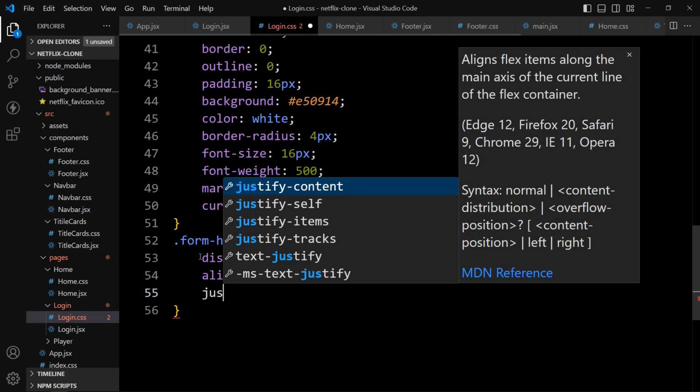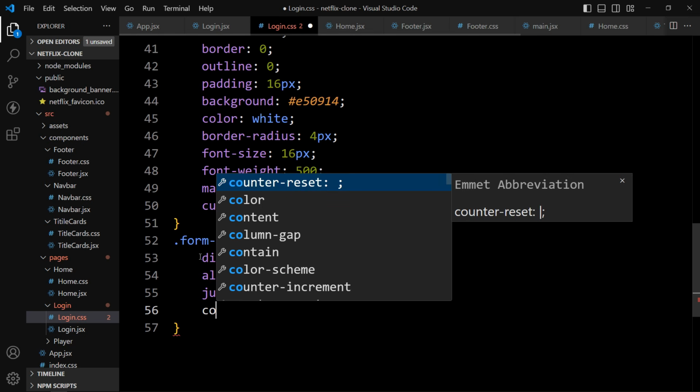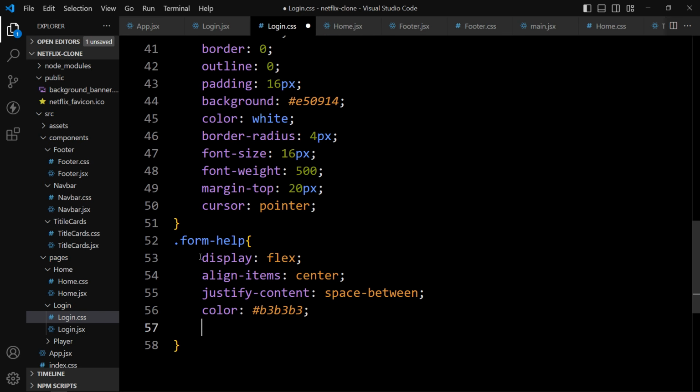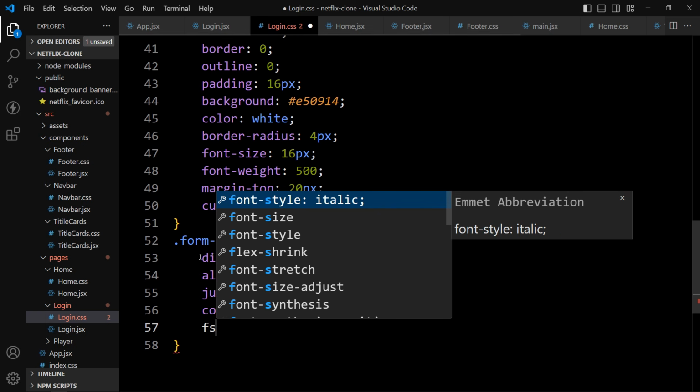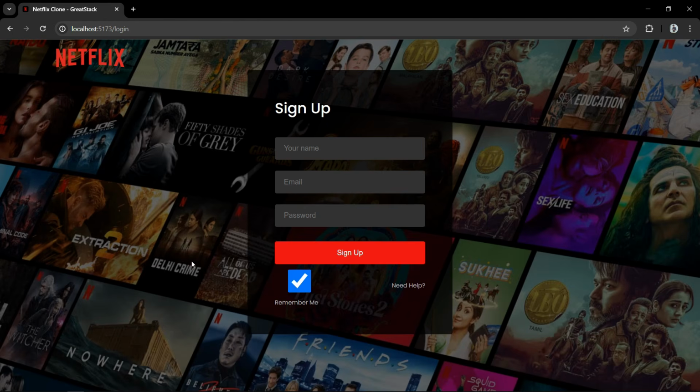So just add justify content space between. Then we'll change the color and this color code. Then we'll add the font size of 13 pixel. You can see this need help in the right side, and in the left side we have this checkbox and this text. Now we have to align this checkbox and this remember me text side by side.